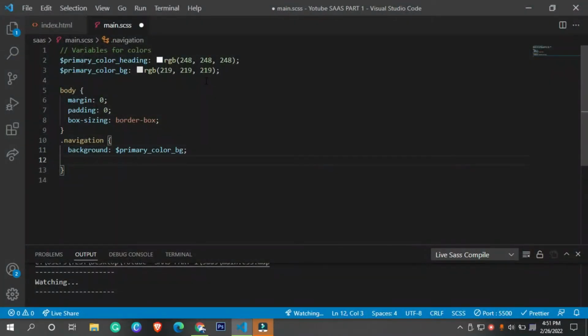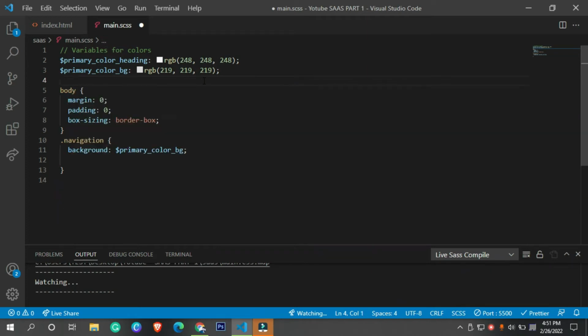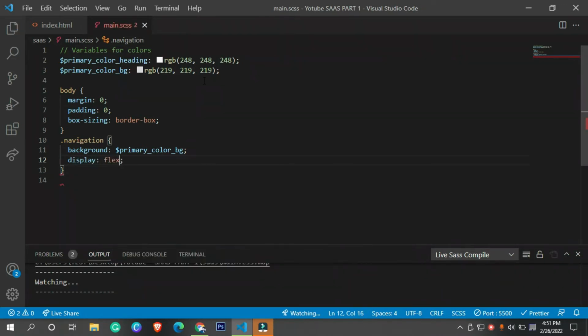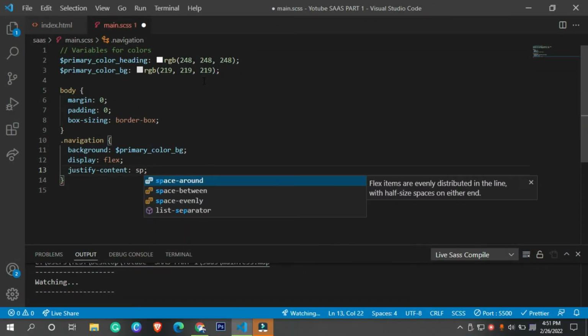Now come to the point. Let's say inside the navigation we have this background, which is using primary color bg. This primary color bg is coming from the variable, and the variable is holding some kind of color, which is rgb, xyz.